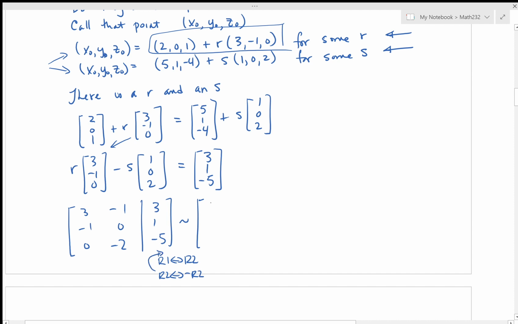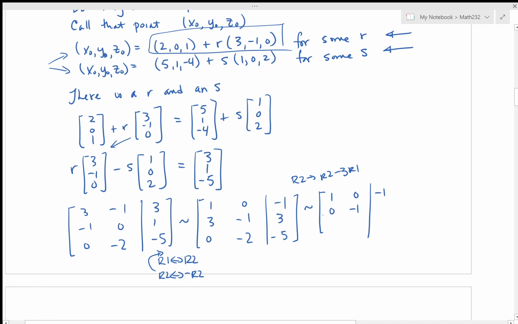Okay, I'm going to be here. 1, 0, minus 1, and then I'm going to move R1 down, -1, 3, and row 2 there remains unchanged. Okay. And then I'm going to take R2 and replace that with R2 minus 3 R1. So row 1's unchanged. There it is. And I'm going to subtract 3, and then 3 minus,